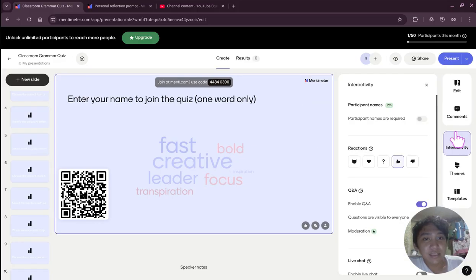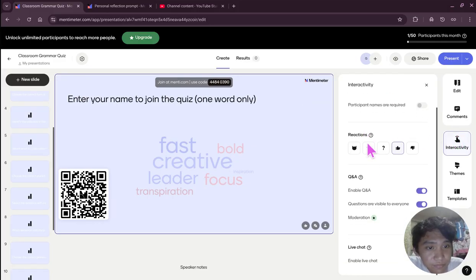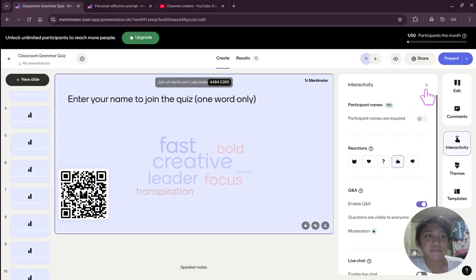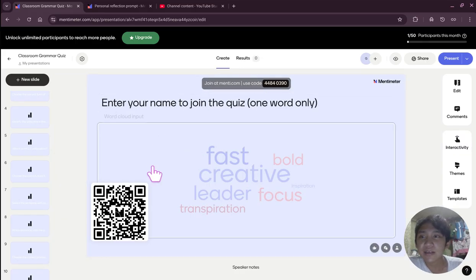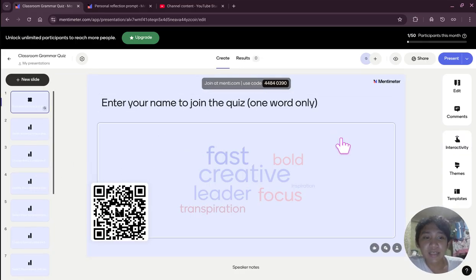Here are the interactivity options. So Mentimeter is so helpful to make your students more interactive in your presentations. Not just students, but more on an overall audience, depending on how you will use your Mentimeter. Like, you can also use this in a classroom setting or in workshops for them to be connected with the speaker to audience interactions.